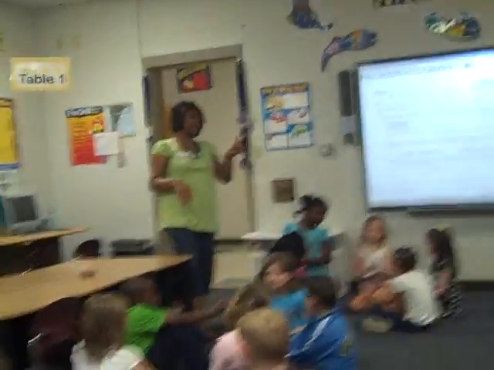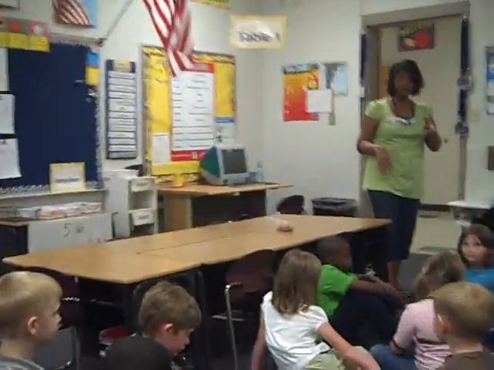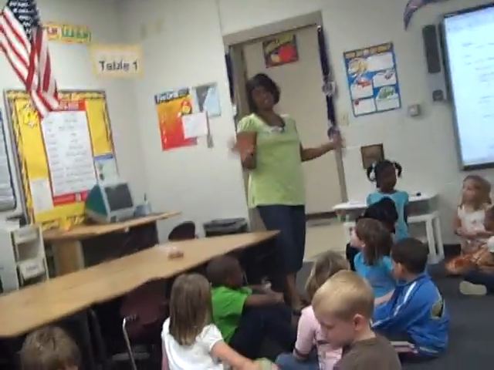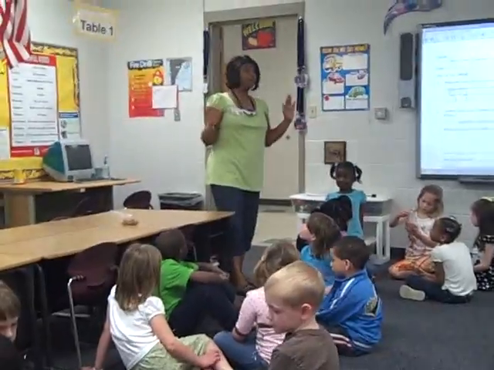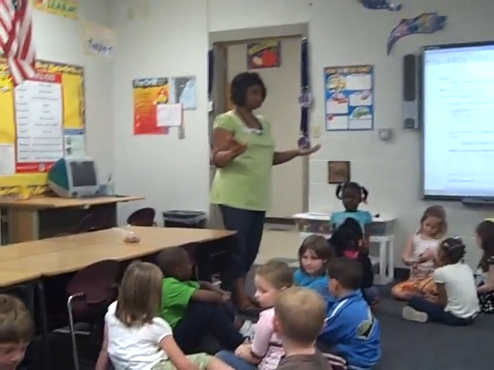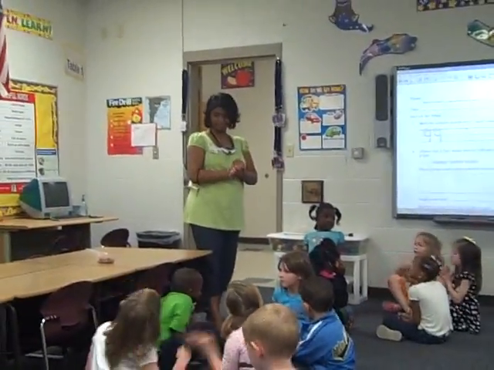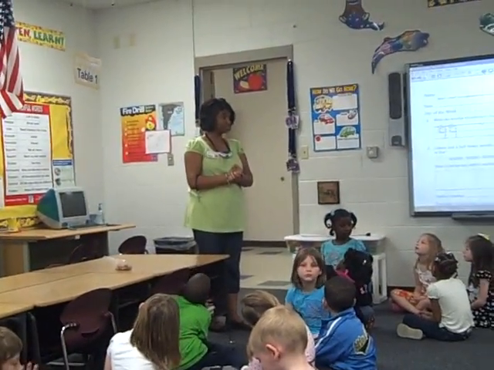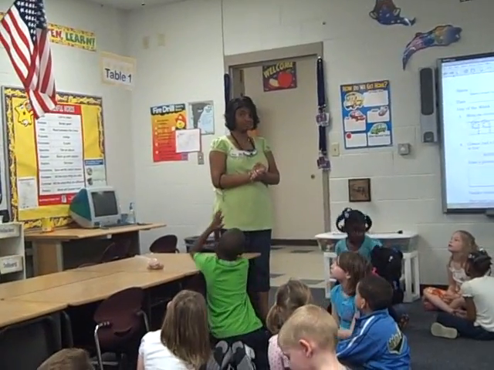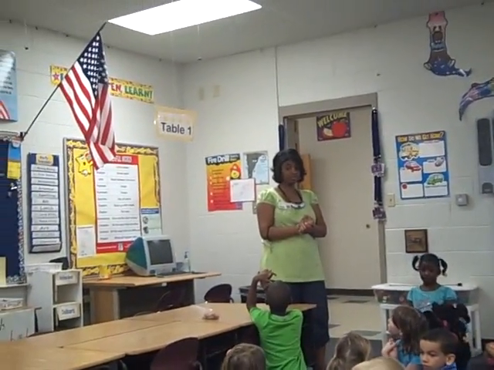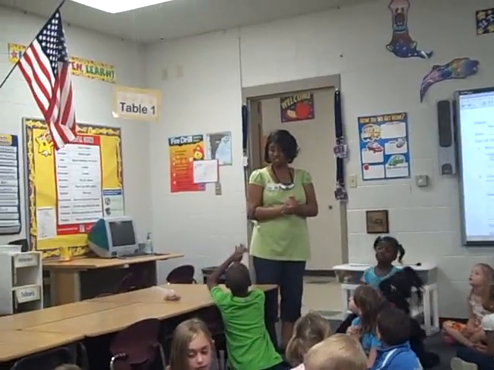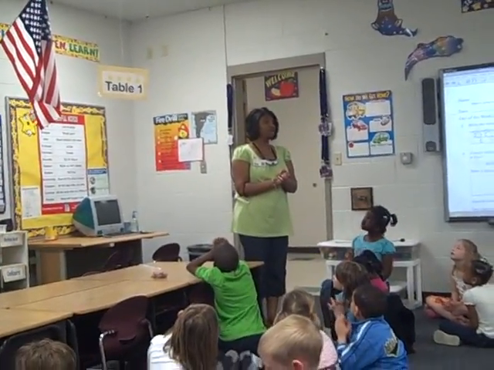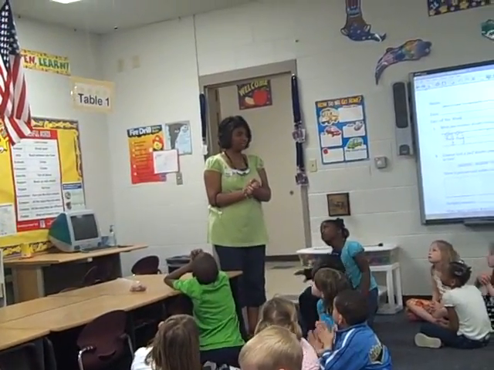Now, there are 2 things that I want you to do with your bag of candies, though. Before you share, I want you to count them. Now, I can tell you right now, all the bags have the same amount. But I want you to count them. So when you open the bags, don't do it yet. You're listening right now. Hands and eyes. Hands and eyes means that your eyes are on me, your mouths are closed, and your hands are together. So no one should be moving, and eyes should be on me.